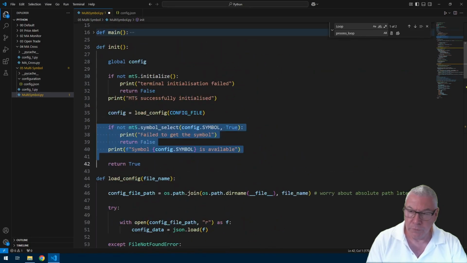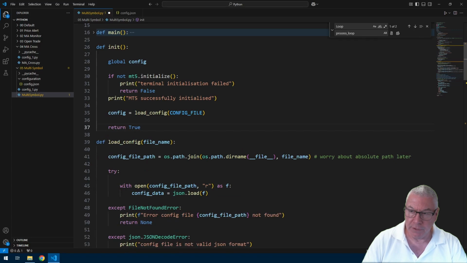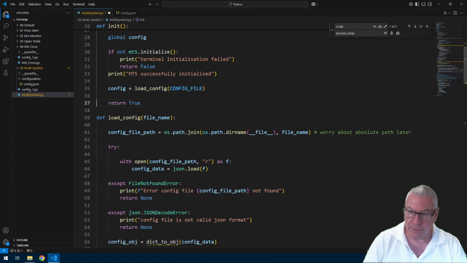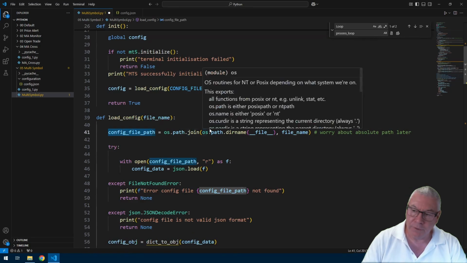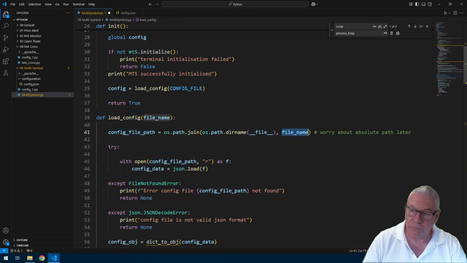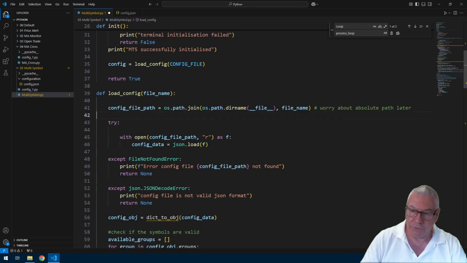So now I can just remove this piece of code because, like I said, all the checking is happening in this load config, and let's go through the load config. First, I'm just building up a file path, and I'm assuming at the moment that my file is relative to the file where I'm running the script, because I've got my configuration folder as a subfolder of the multi-symbol folder. Try, so I'm opening the config file path for read only, and then I'm using JSON.load